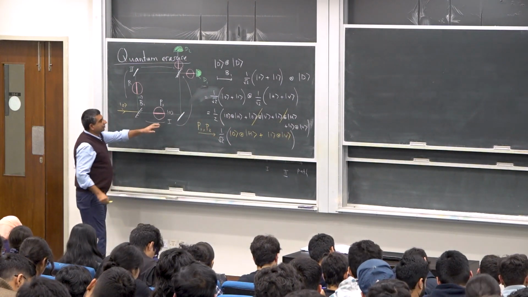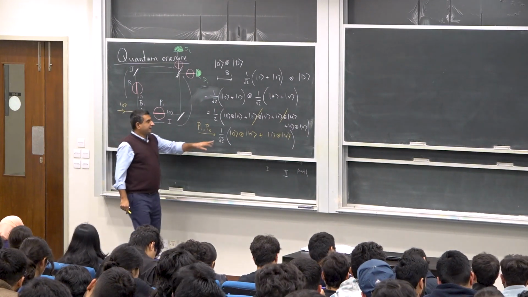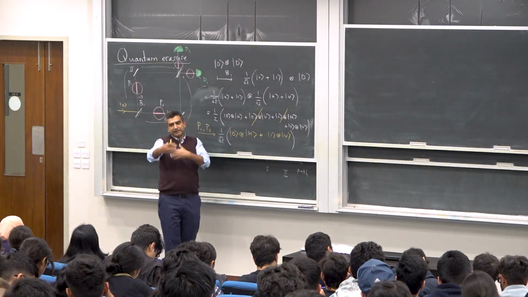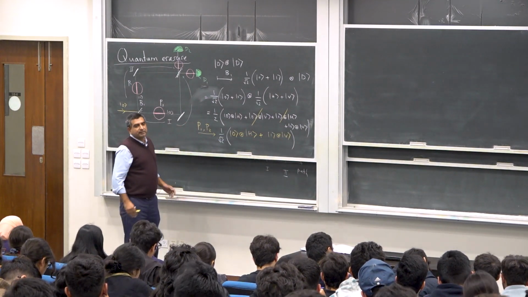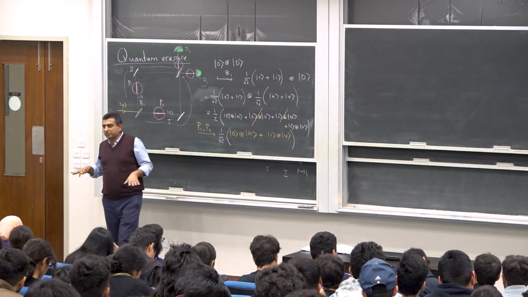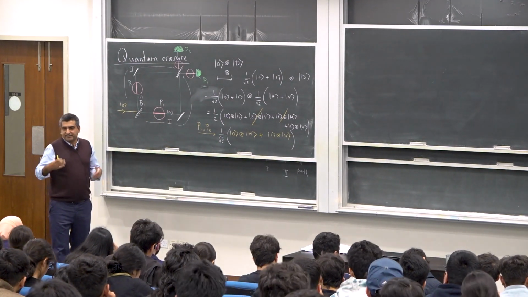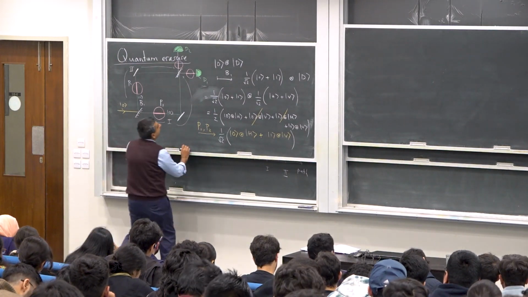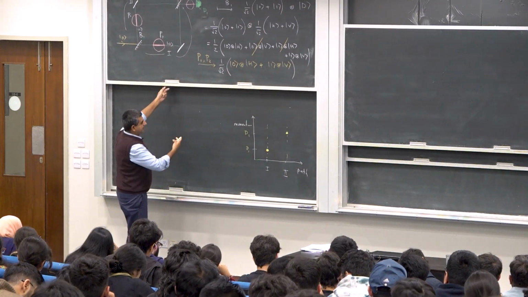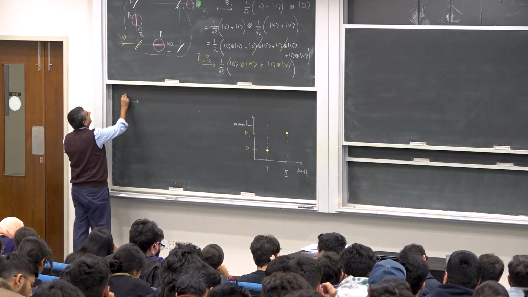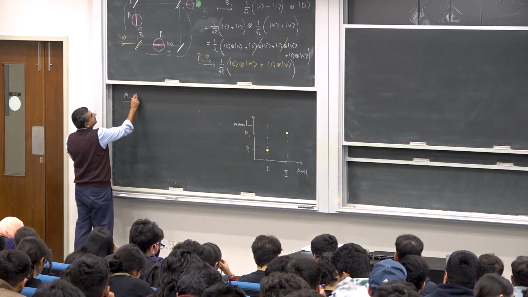Now what the mirrors are going to do, ket 0 is going to ket 1, ket 1 is going to ket 0. It's going to flip the paths. It will do nothing to the polarizers. Okay, that's given to you in the problem. So with the mirrors now, mirrors M1 and M2, you'll get